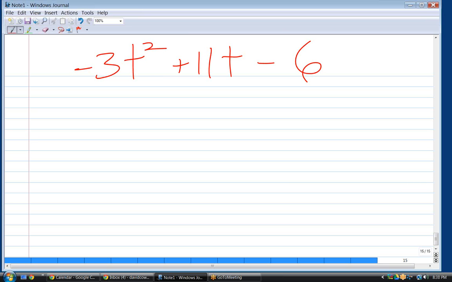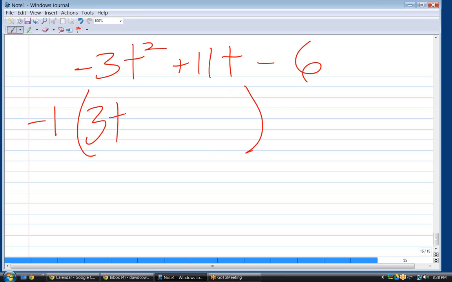So, factoring is always much, much easier when that's positive. Okay? How do we make that positive? We can change the symbols and everything. I can factor out a negative 1. Leaving